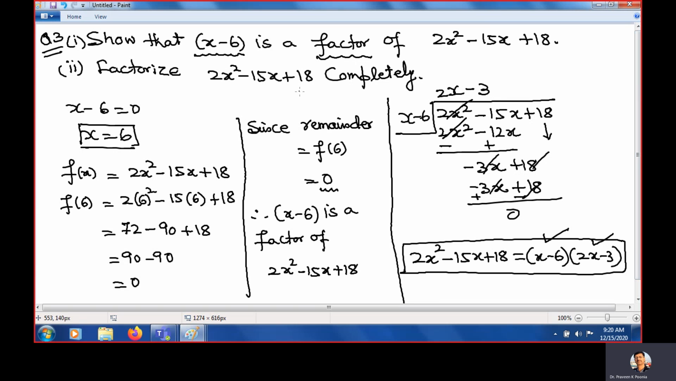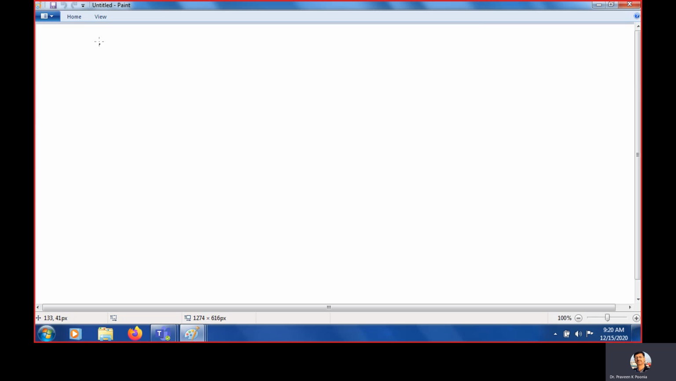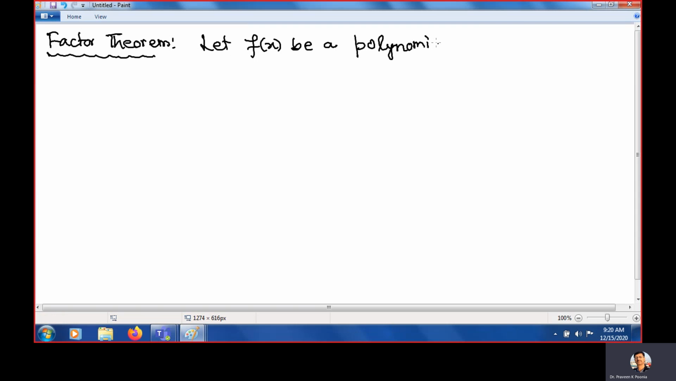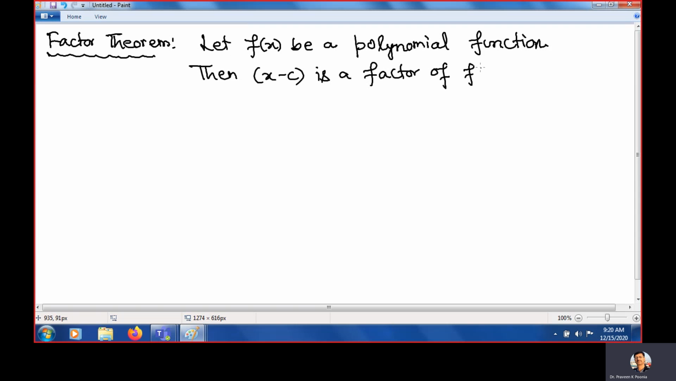Okay. So on the basis of this, there is a theorem that you need to study, the factor theorem. What is the factor theorem? Let f(x) be a polynomial function. Clear? Then x − c is a factor of f(x)